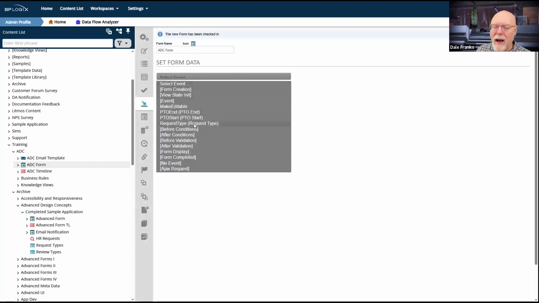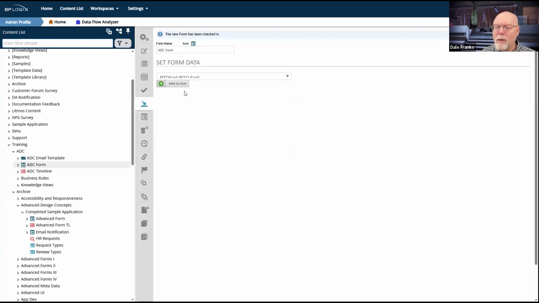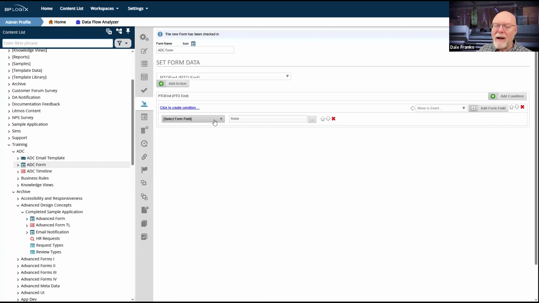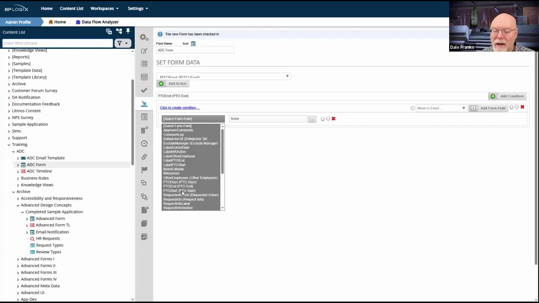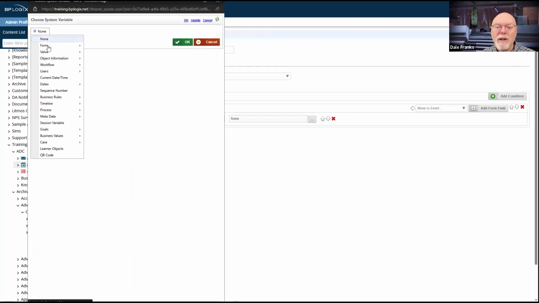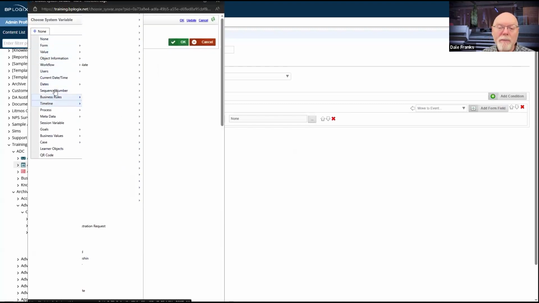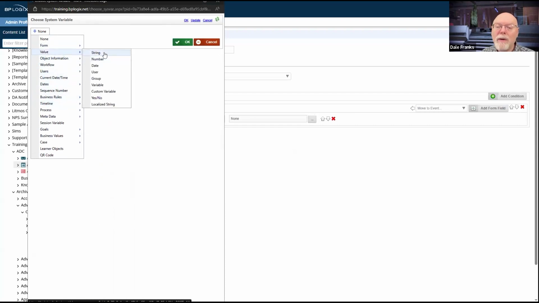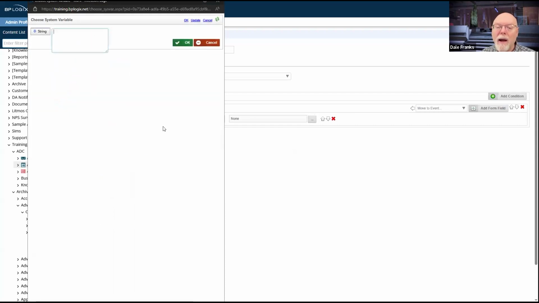And now that I have that event on my PTO end, I'm going to add the action. I want to set my PTO days field, and I want to set it to a value, which in this case is going to be a string value, and I'm going to pop in this date diff here.